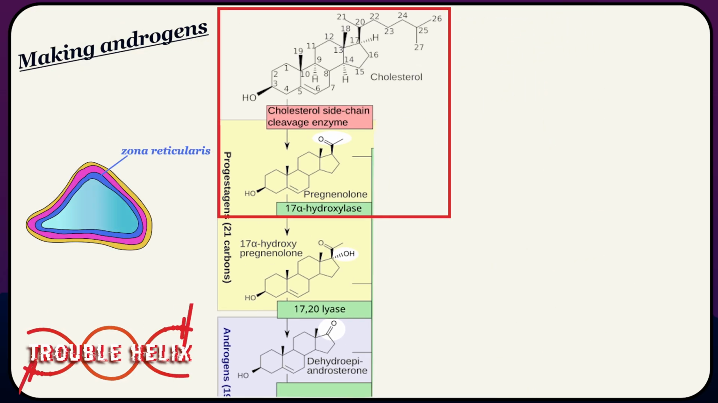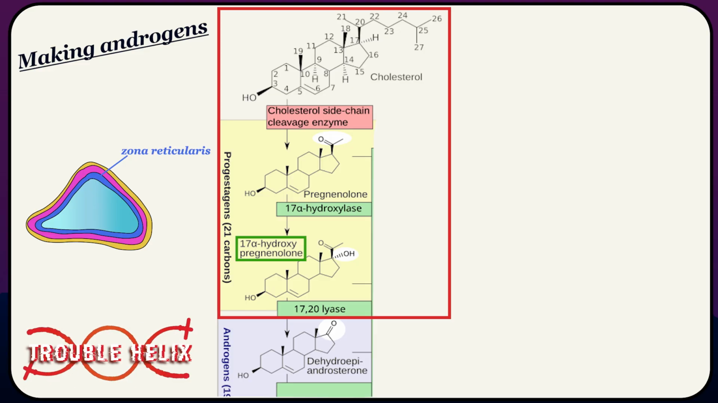The first thing we need to do once we've trapped a molecule of cholesterol is chop off its arm and turn it into pregnenolone. Pregnenolone is the pillar of our steroidogenic choose-your-own-adventure. It can interact with multiple enzymes and become pretty much any of the steroid hormones. But because we are in the zona reticularis right now, the enzyme 17-alpha-hydroxylase is going to be the one to convert it into